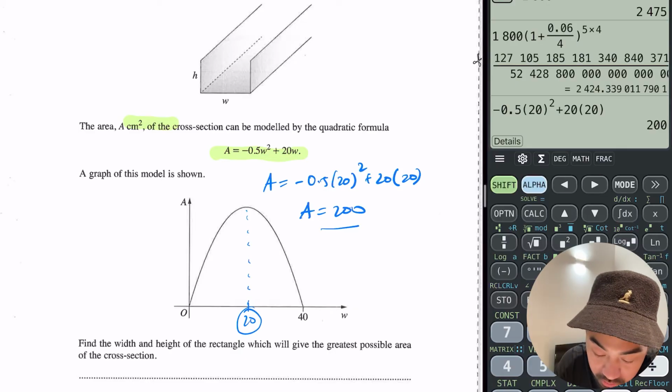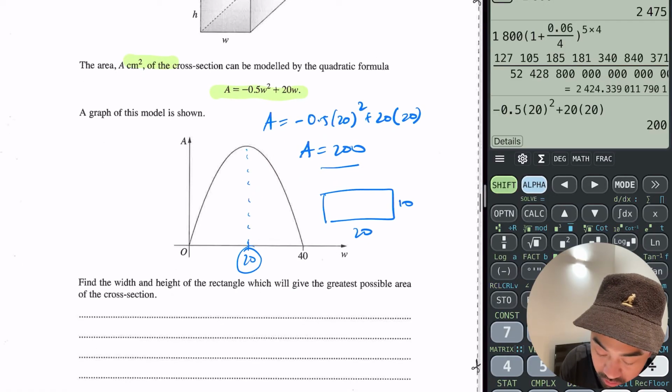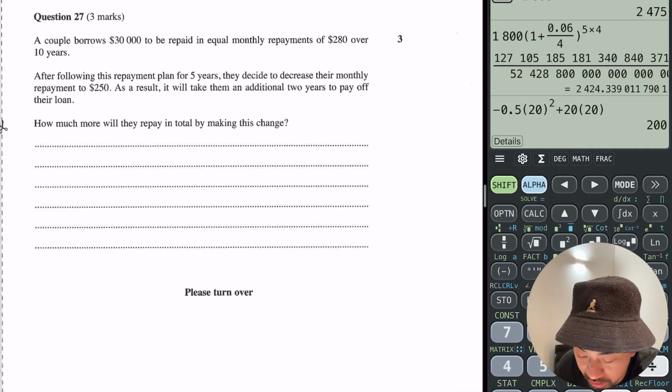Now, because it's height times width, that means if the width is 20, the height has to be 10, right? So the width is 20 and the height is 10. Done. All right, 27. A couple borrows 30 grand to be repaid in equal monthly repayments of